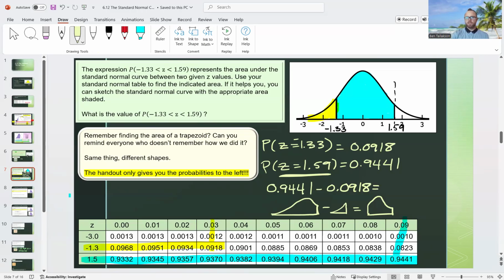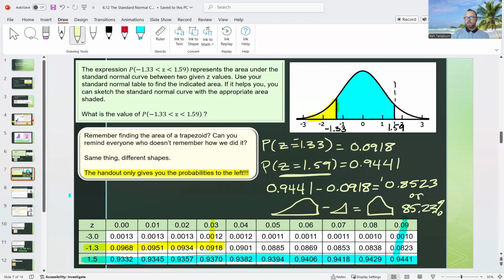And what do you get? Let's see. 0.9441 minus 0.0918, we get 0.8523, or as a percent,